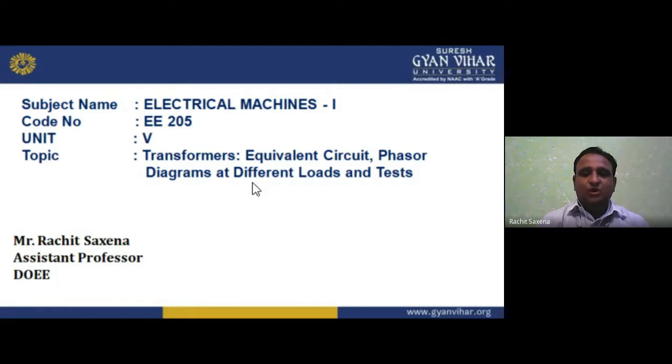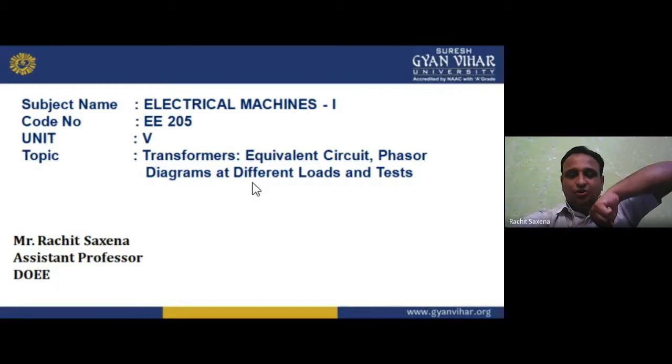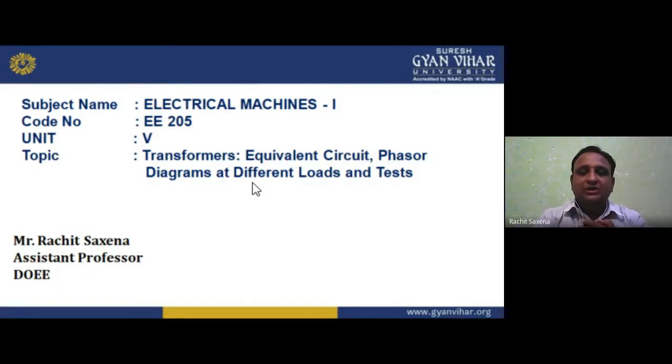Eddy current happens like this: see, this is your stator part of the field and this is your rotor part. The rotor part rotates and cuts the flux. The rotor body has low resistance, and low resistance means maximum current will flow. That current is known as eddy current. We have the loss, so what do we have to do? We have to reduce that eddy current. So we make laminations, parallel paths, with proper laminations. But the laminations must be of low thickness, or we can say thin laminations. Otherwise, the eddy current will increase.